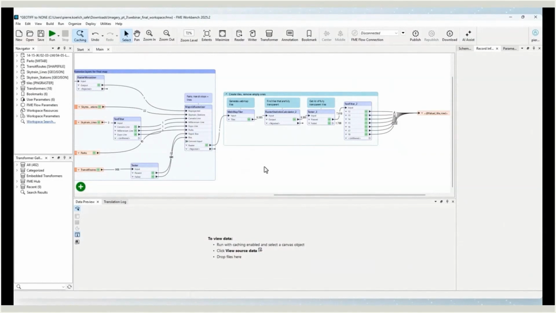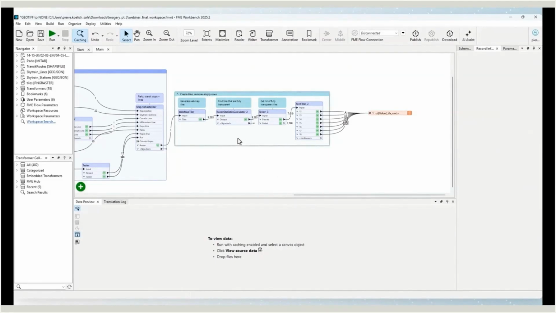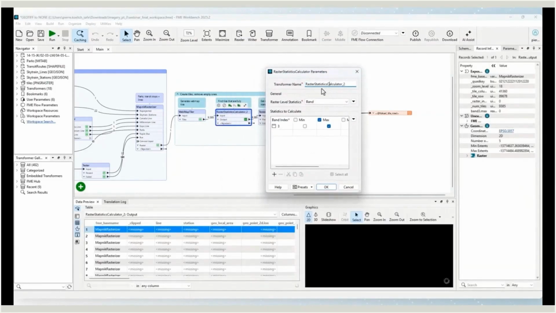To save space, we don't want to write these out, so we'll use a similar procedure to earlier in the demo to find out where there isn't any data. This time, instead of using a red band, we are going to be using the alpha band. So I've added a raster statistics calculator here to find the maximum value of band 3, which is the alpha band. Inspecting the results shows us that there are some tiles that have a maximum alpha value of 0, meaning